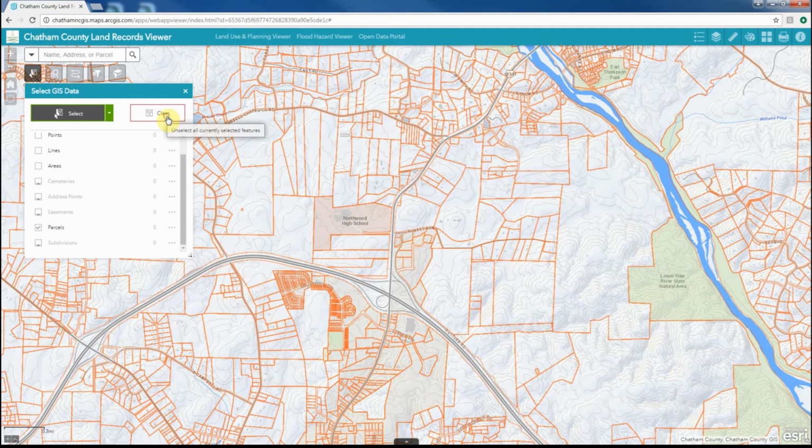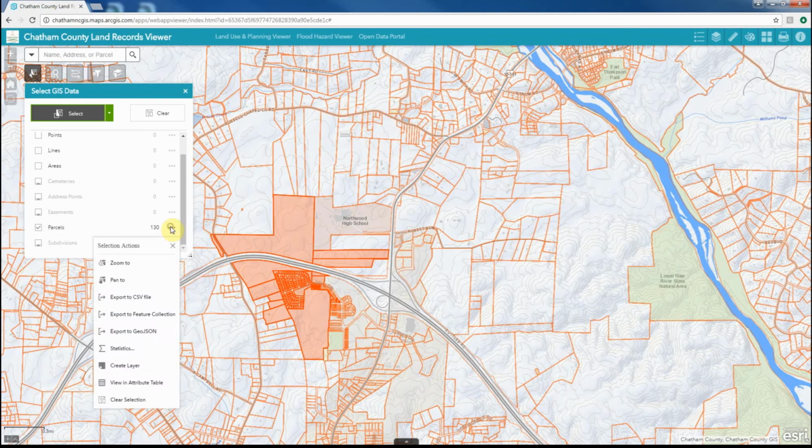If I didn't like that, I can just clear that away and say I want to draw by a polygon, and using this tool you just click and then continue to click until you have drawn your polygon, and then you double click to end and it selects the data. Once you've selected the data, which in this instance we have 130 parcels, you can click on the three dots